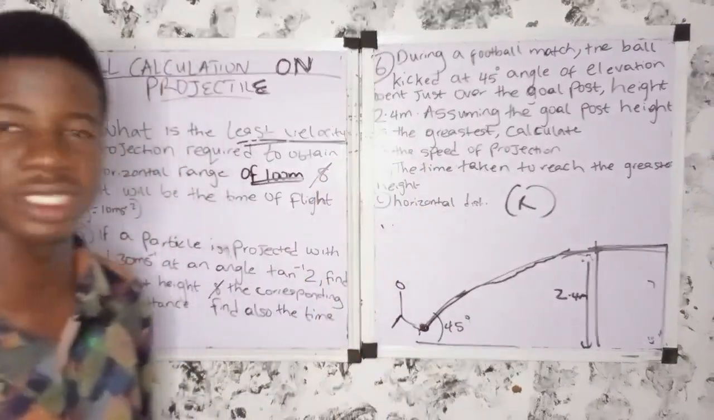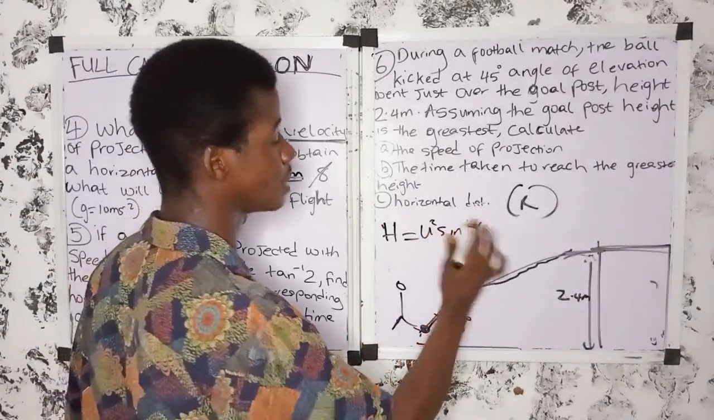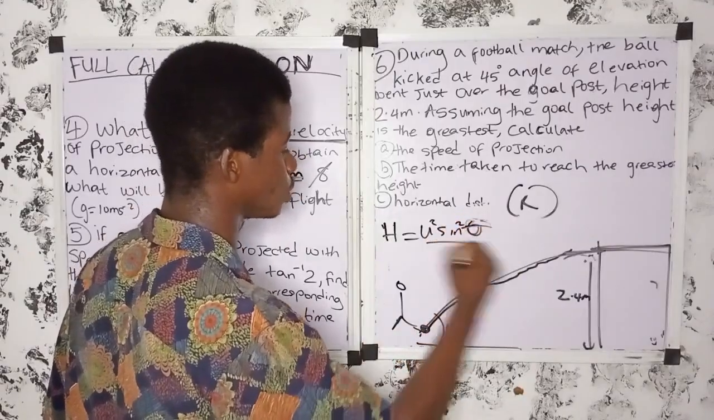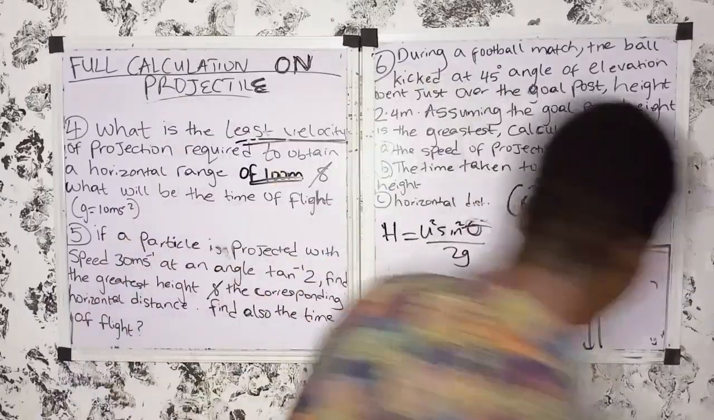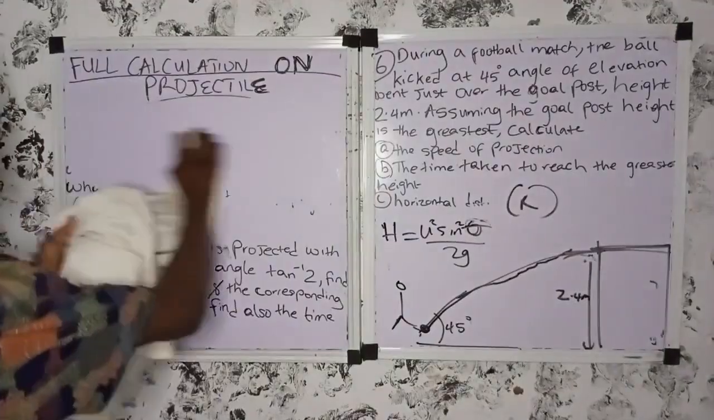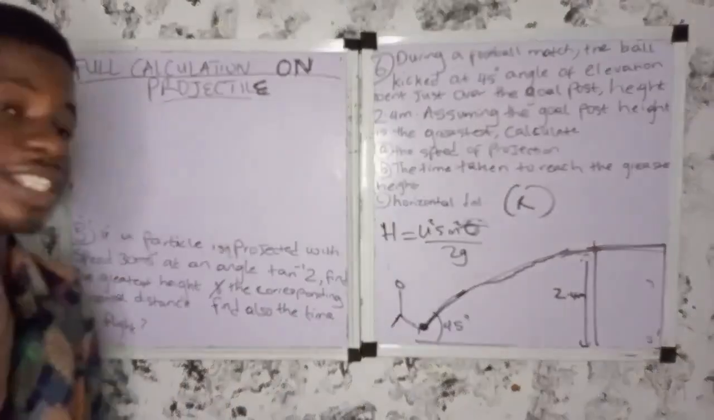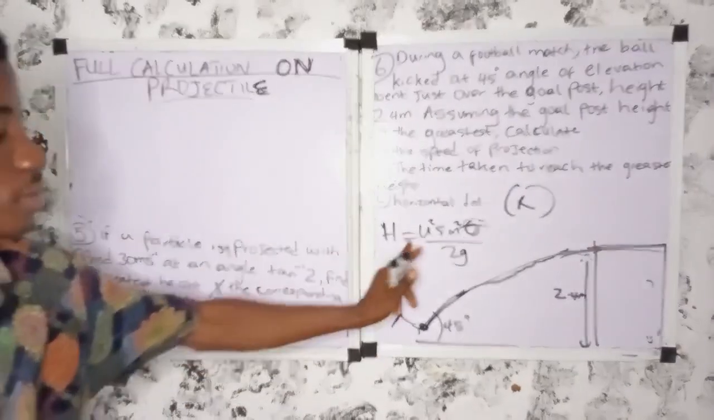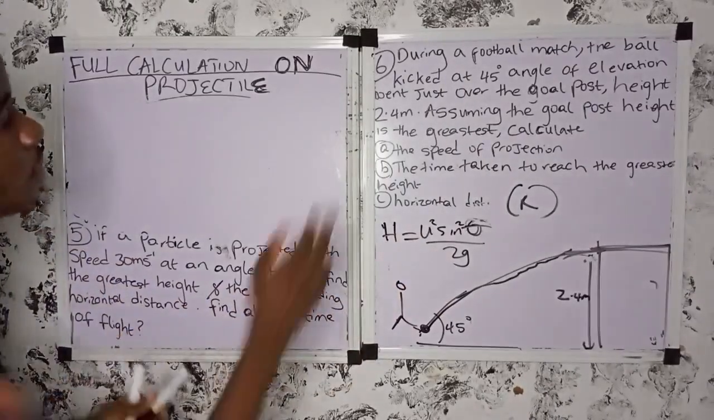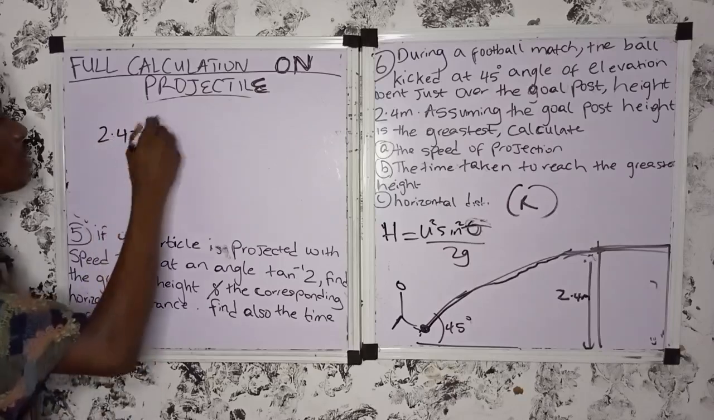Now let's look at this velocity. Maximum height is equal to u squared sine squared theta over 2g, right? So let me clean this part. Okay, so let me be fast. I don't want this video to be long. So we are looking for the velocity, right? Our height is 2.4. So 2.4 is equal to, we are looking for velocity,